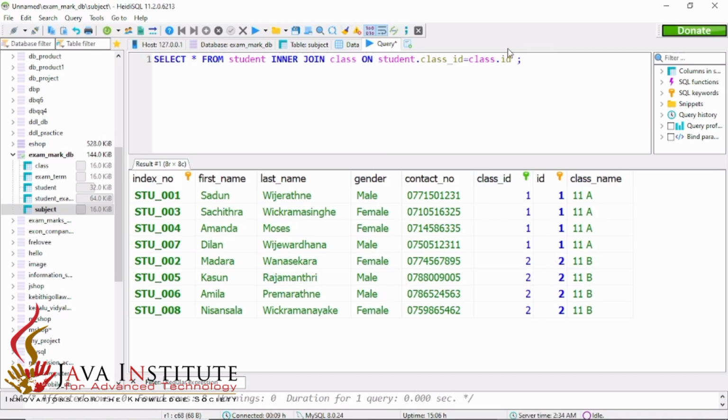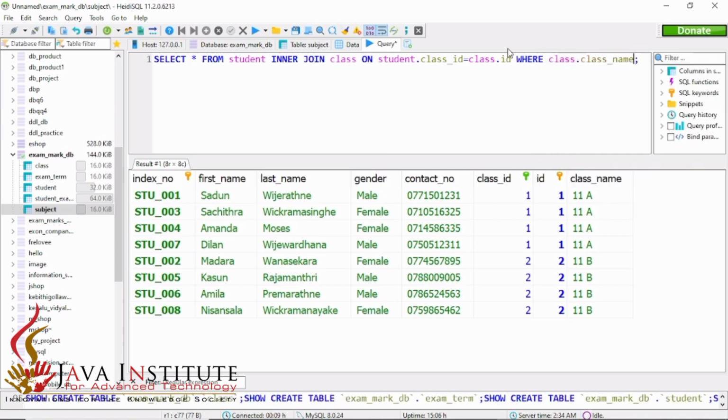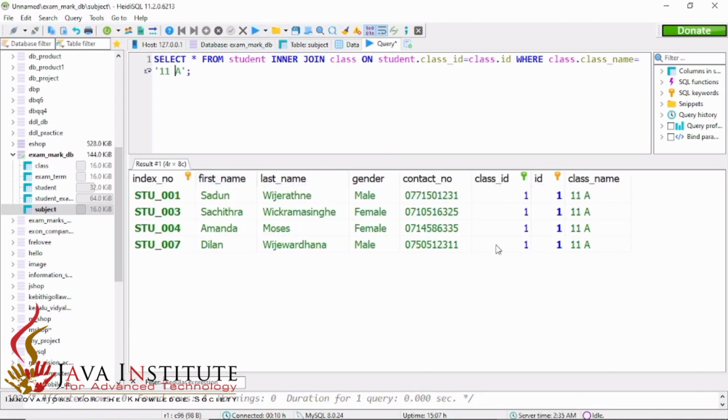So then I'm going to specify it by the class name by giving this where clause. So where class table's class name should be equal to 11A. Here I am giving this a space. Then I am executing it, so we can filter it by the class name 11A. So we have to find out the full name, the letter count of the full name of all these 4 students. So then I am going to concat